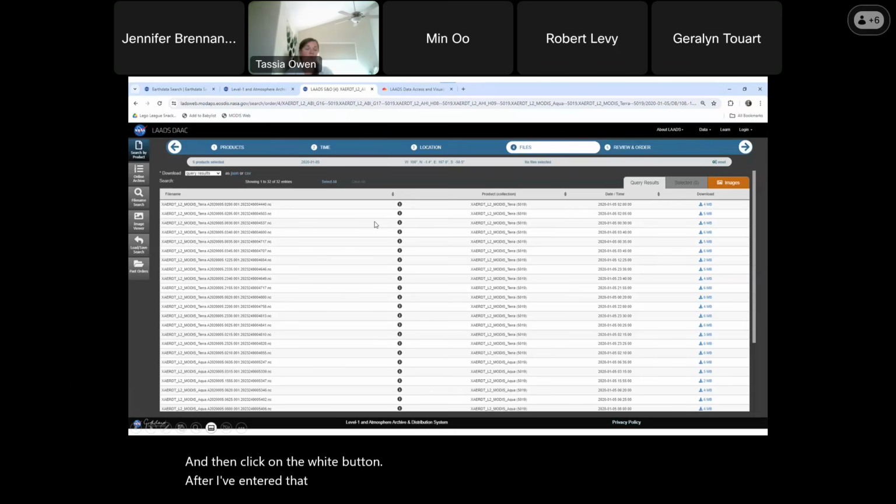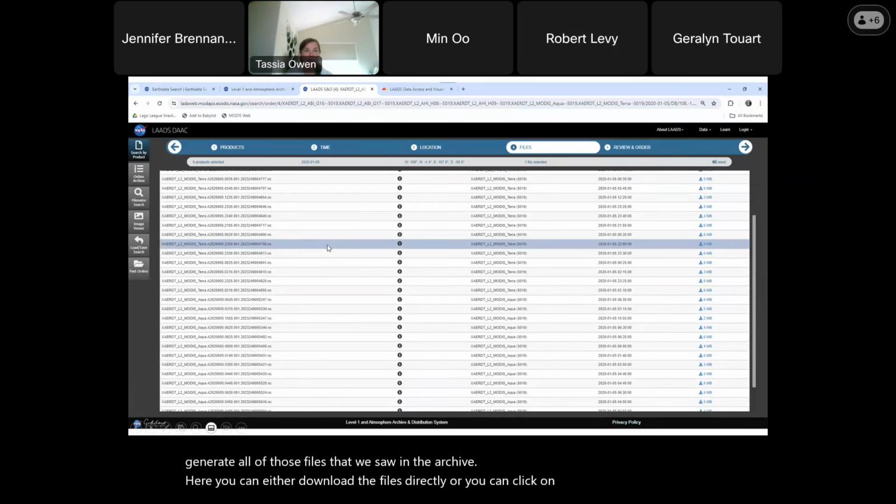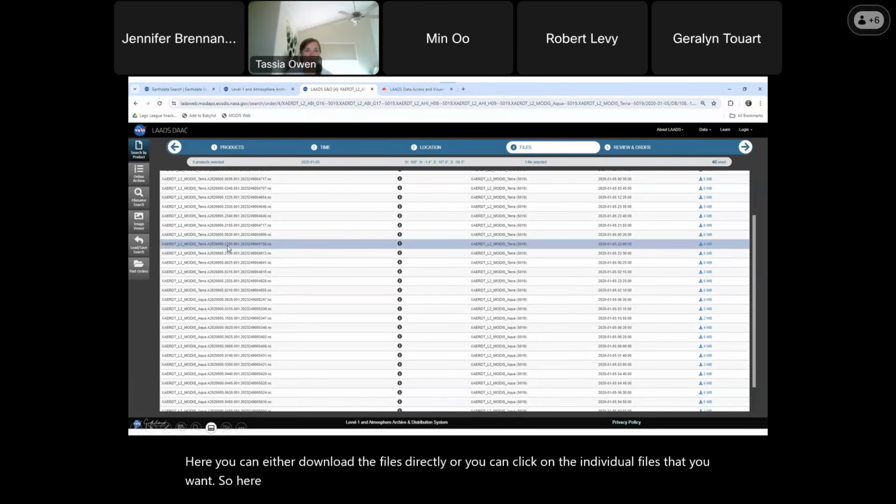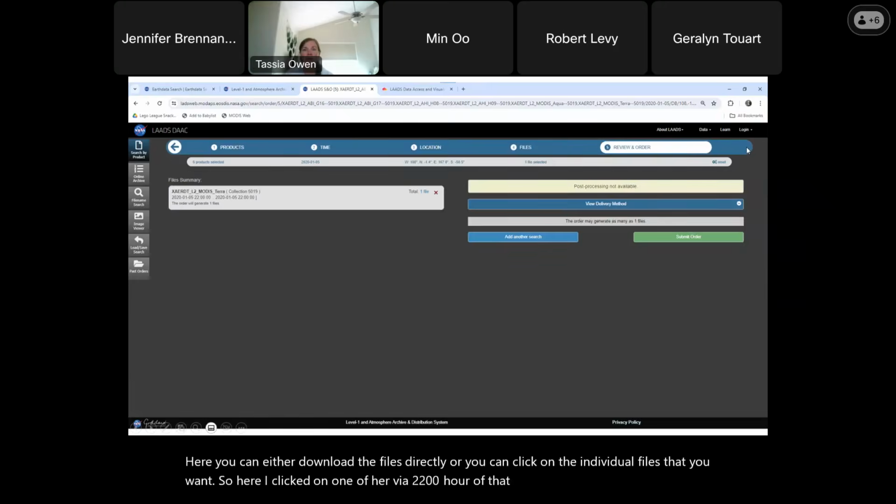And then it will take a little bit of time. And actually, it'll generate all of those files that we saw in the archive. Here, you can either download the files directly, or you can click on the individual files that you want. So here I clicked on one for the 2200 hour of that day. And then